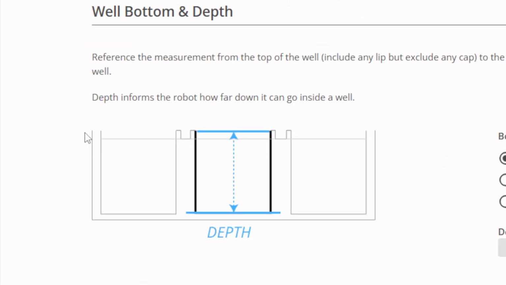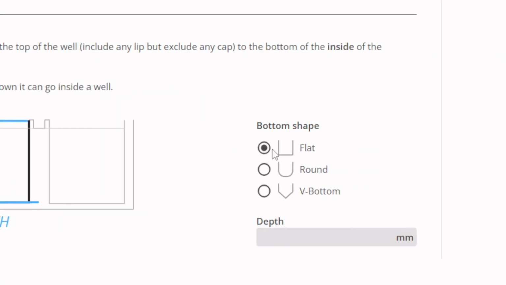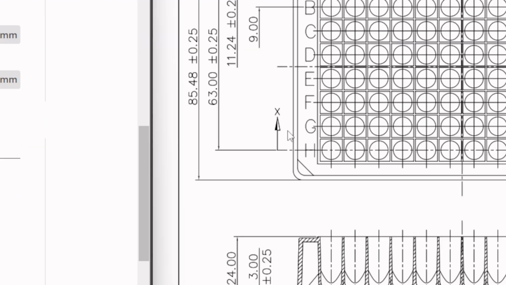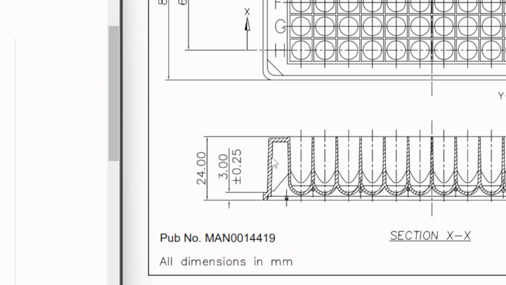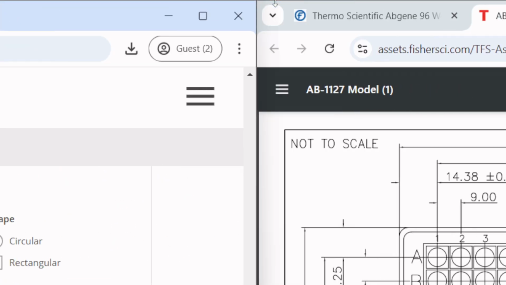Now the next thing is, what is the well bottom depth? So we need to find out what is the bottom shape. I guess this one is either U or V, but let's find it from the design itself. So in the design, you see the construction is basically a U bottom. Now we'll just confirm if it is a U bottom if there is confusion by going back to the